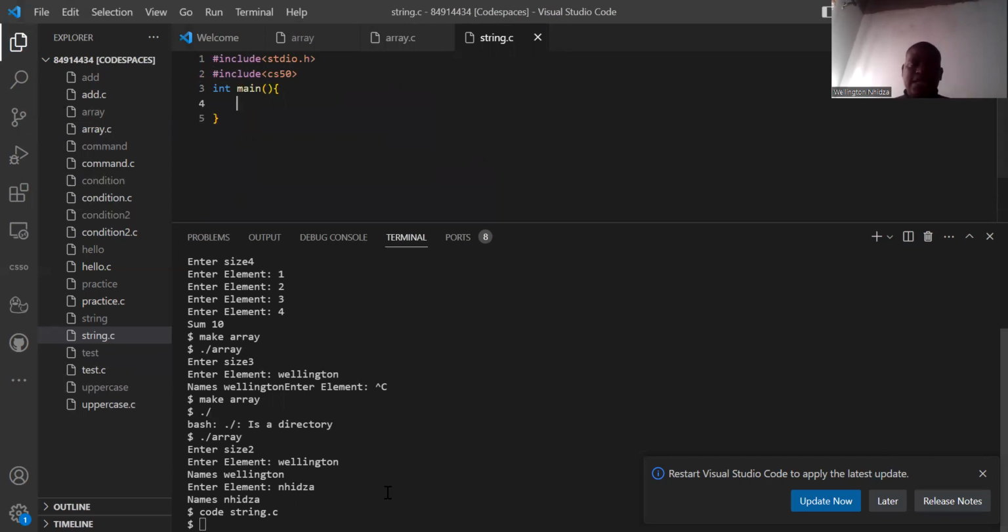So a string, let's just say string word equal to this word. You can say, just say sentence. So you can just print. So string, like what I've said before, string is